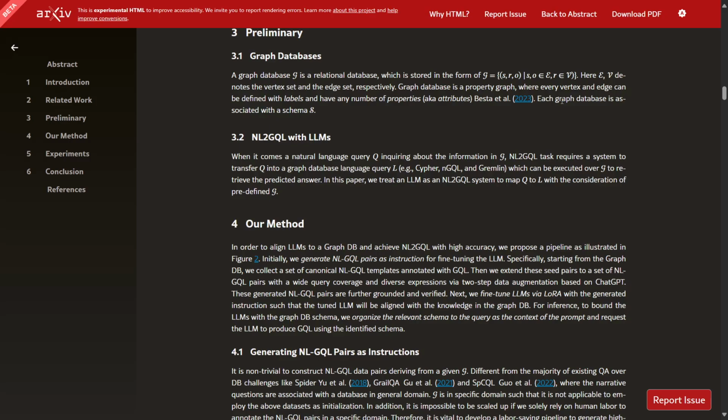When it comes to a natural language query, Q, inquiring about the information in G, the NL2GQL task requires a system to transfer Q into a graph database language query, L, for example, Cypher, nGQL, and Gremlin, which can be executed over G to retrieve the predicted answer. In this paper, we treat an LLM as an NL2GQL system to map Q to L with the consideration of